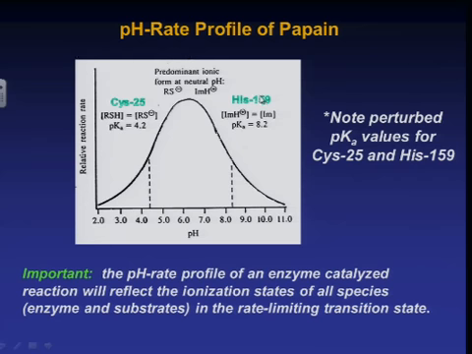Histidine, we know, has a pKa of 6. So you always have to kind of wonder. It turns out here, this histidine 159 is actually exhibiting a pKa of around 8.2, which is making it a weaker acid, right? So,